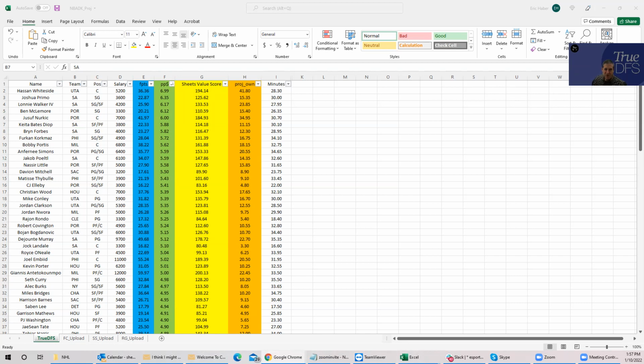And then you have Bryn Forbes also. I really don't have too much of an opinion on all four of them. It seems as though they're competing for the same types of touches, right? Just kind of scoring related touches. So I don't think you want to use more than one of them in each lineup. But I think all of them rate to be somewhat good plays.